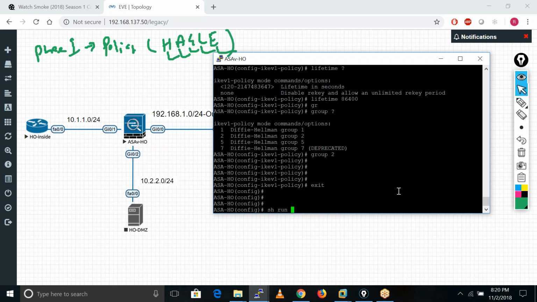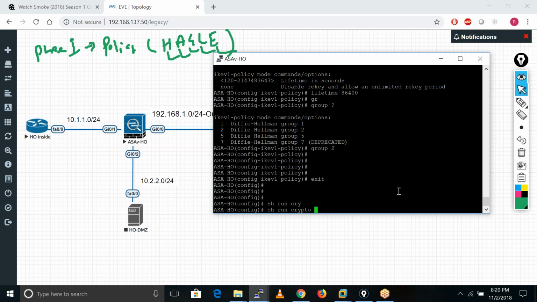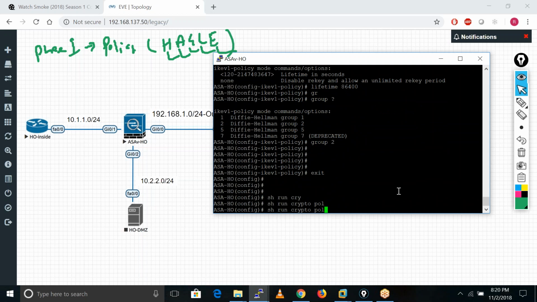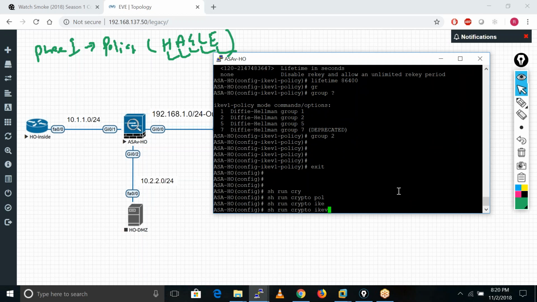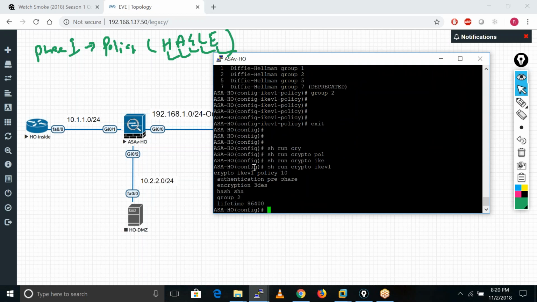So run crypto isakmp version 1. So the thing is, I have configured these things. Okay,